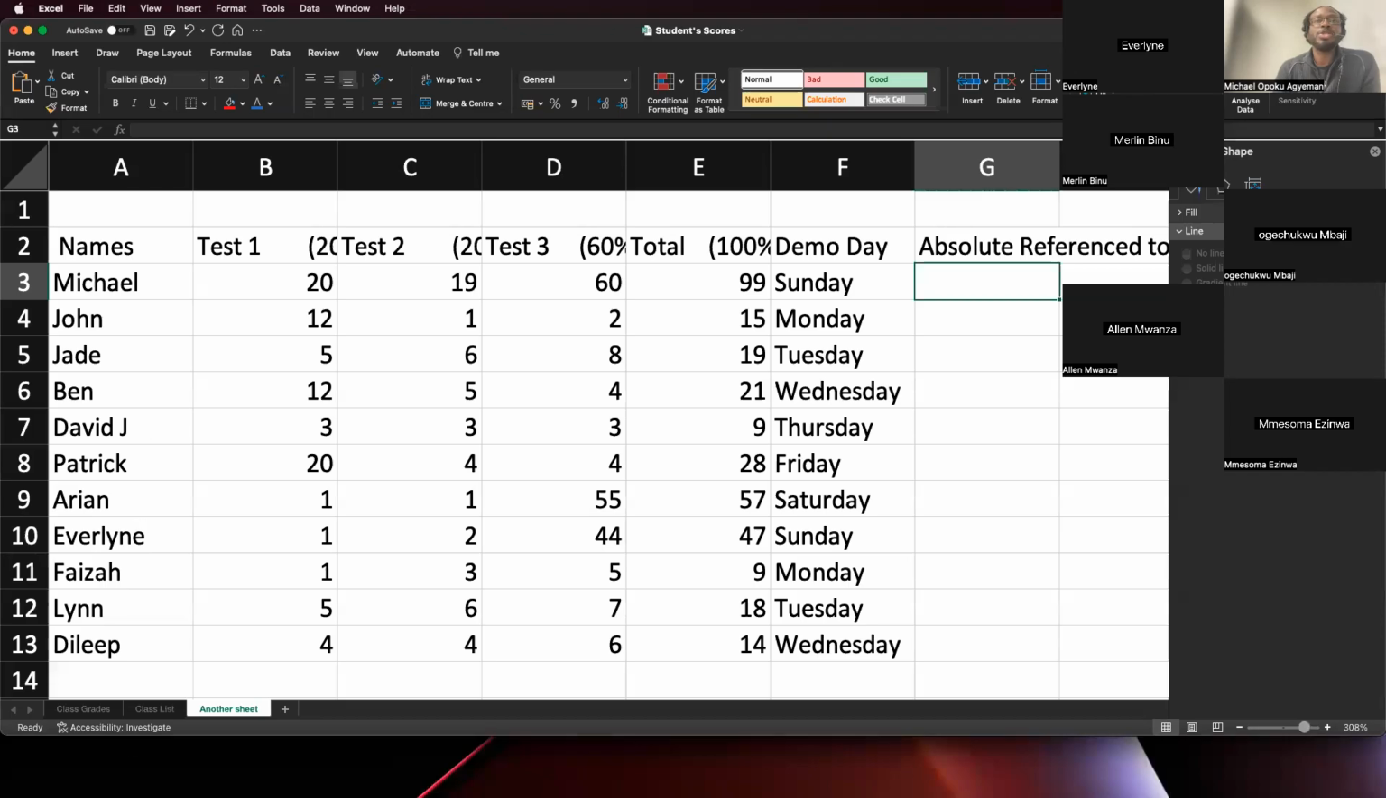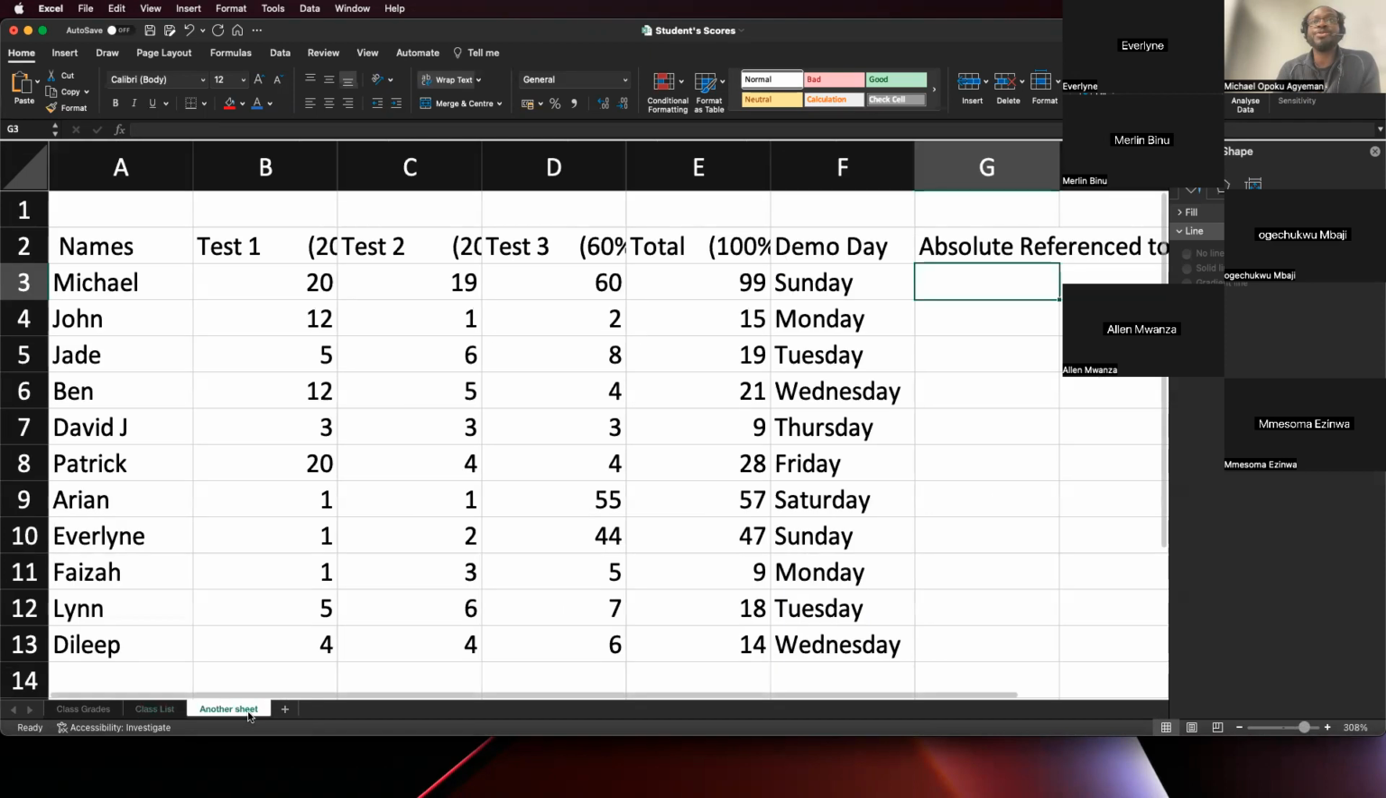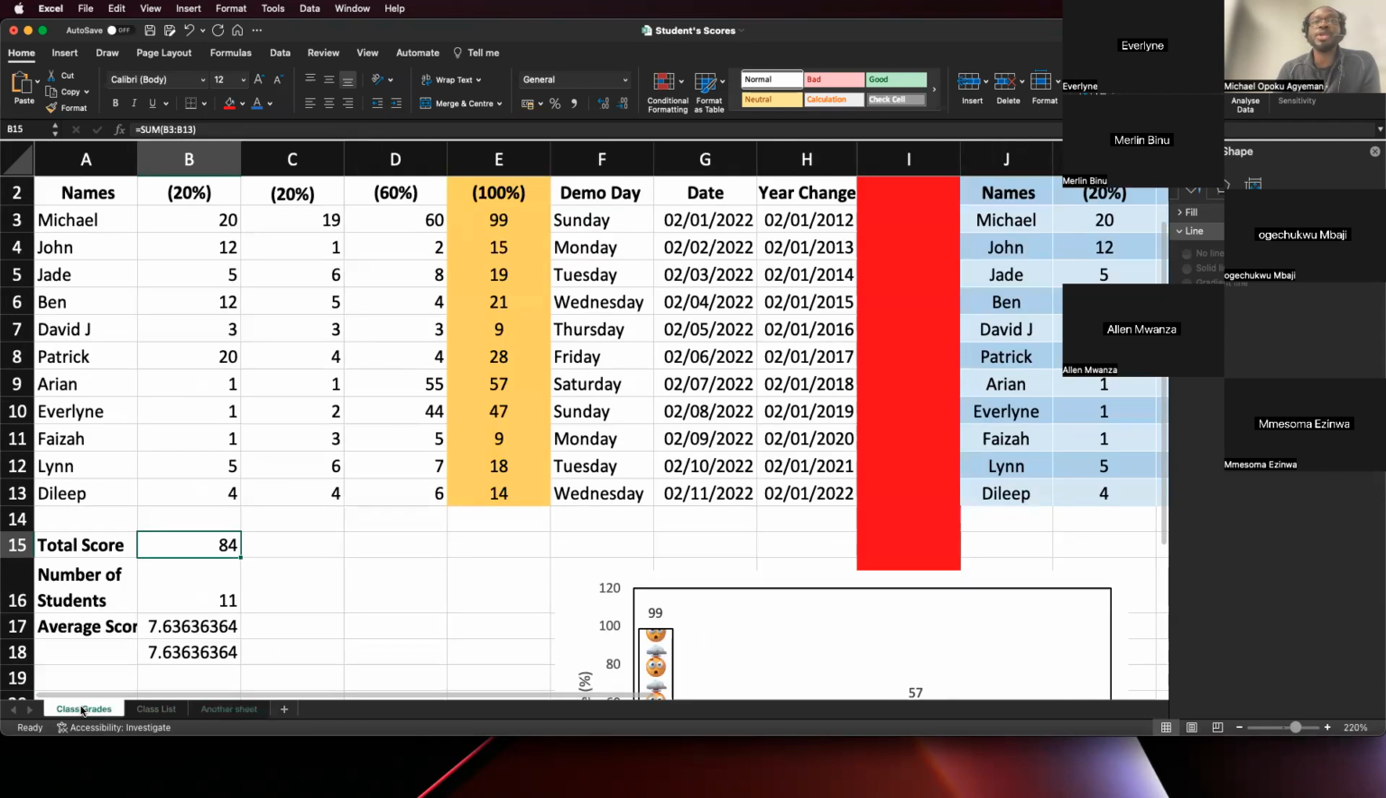Let's get it right. Basically, all we want is to do an absolute reference into another sheet. Before we go to that, we just created another sheet called another sheet, and that sheet references the class list, similar to the way that we reference the class list. Continuing from there, we've just added another cell that is going to be an absolute reference to